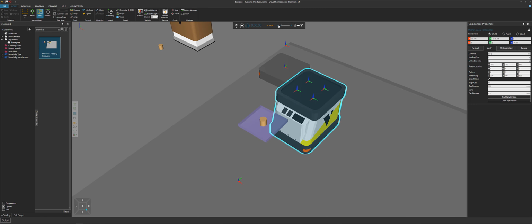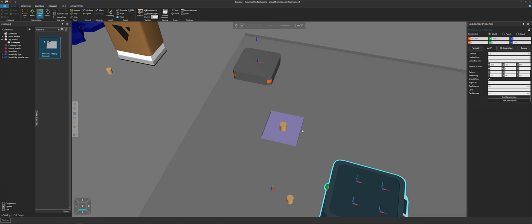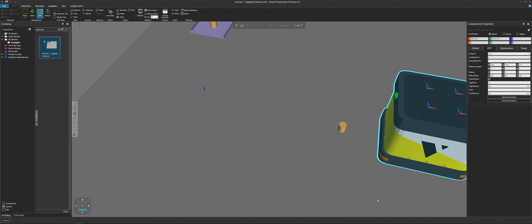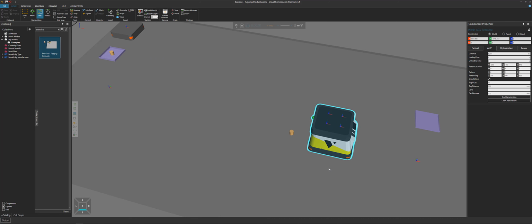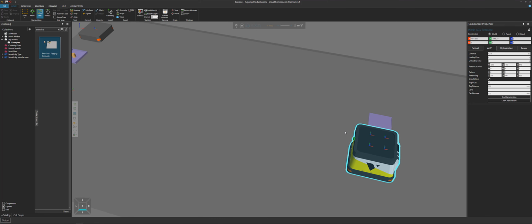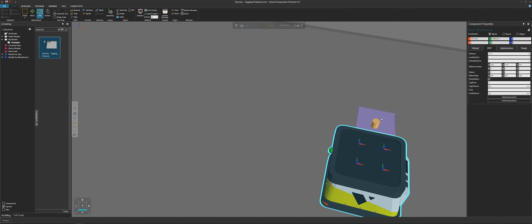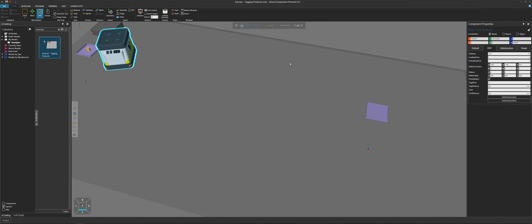Run the simulation. I'll slow it down. And yep, now the part is not at this pattern location. It's behind the vehicle. It's being tugged by it. So you can think of a tugboat. And remember, it's still carrying the part to where it needs to go. So if you don't want to use this location, what we could do is run the simulation again,